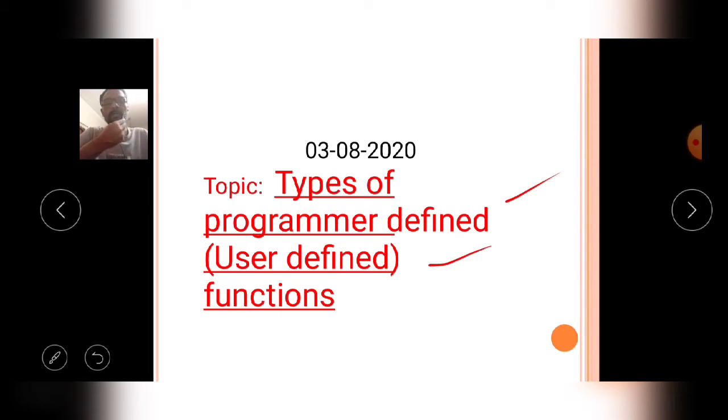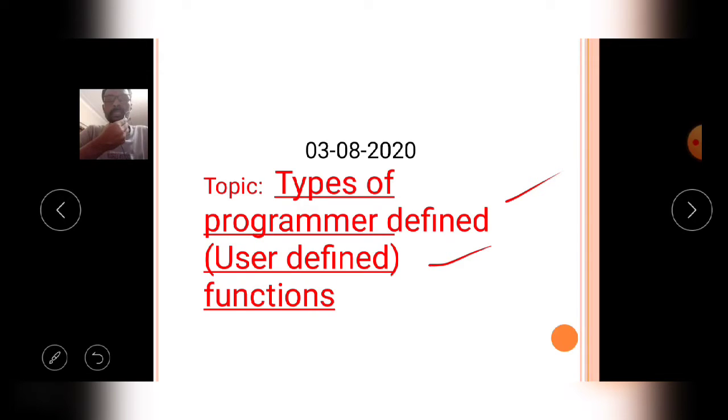Each user defined function contains three parts: number one, prototype declaration of the function, then definition of the function, then calling of the function.